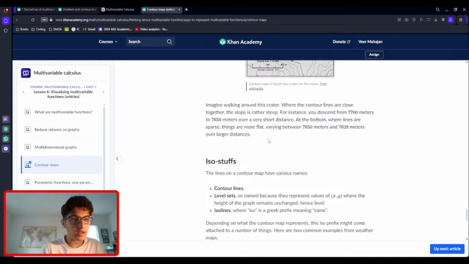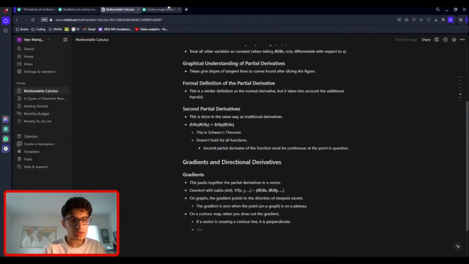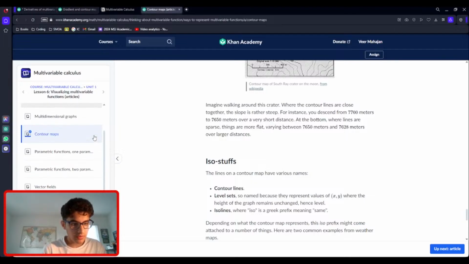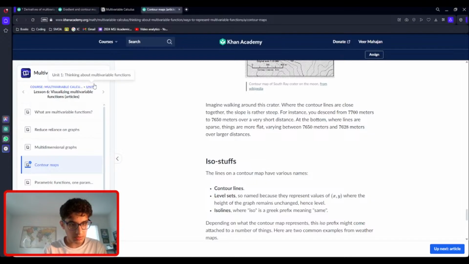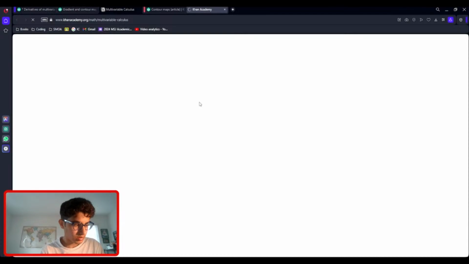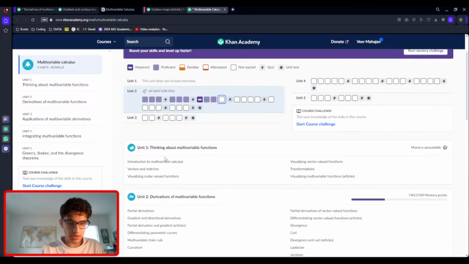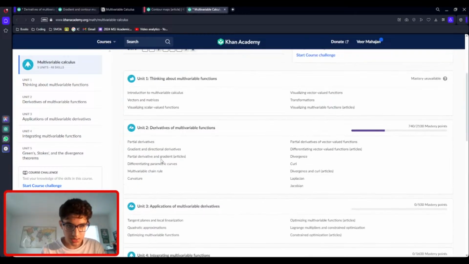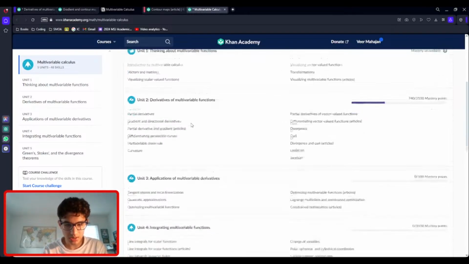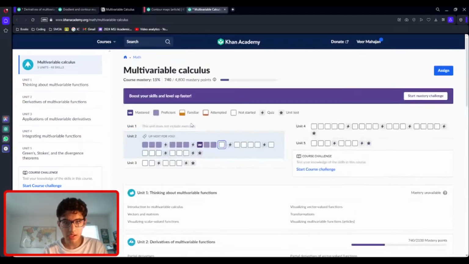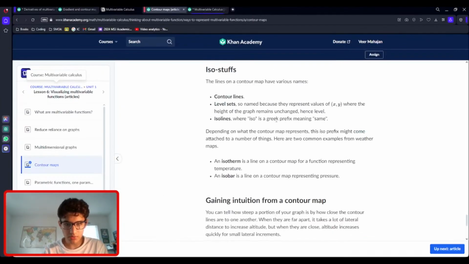But oh wait, I'm actually stupid. All of this is in Unit 1. You're supposed to know all this stuff in the first place. Vector fields, contour maps. I don't even know if I'm saying the word correctly right now, so it's not a good thing. Maybe I should have done unit one first then. And it's not even that hard. It's like 13 units. That's only 6 units, so it's not that long. And I should know a lot of this stuff already, like transforms, vectors and matrices, right? That's not really complicated stuff. Let's continue with this thing quickly, finish it off, and then